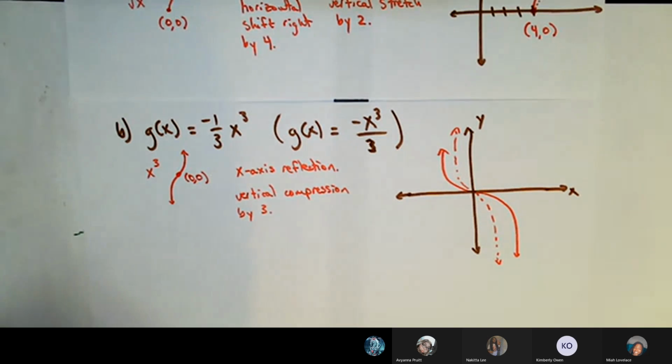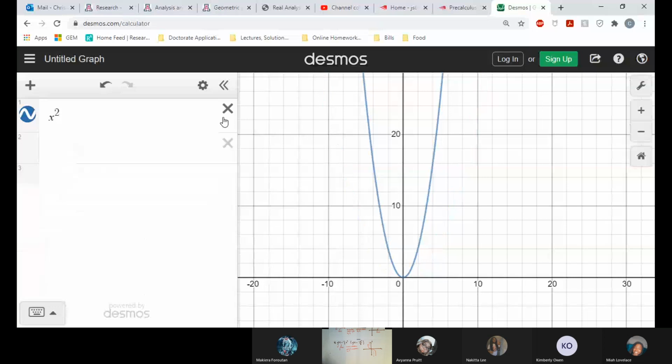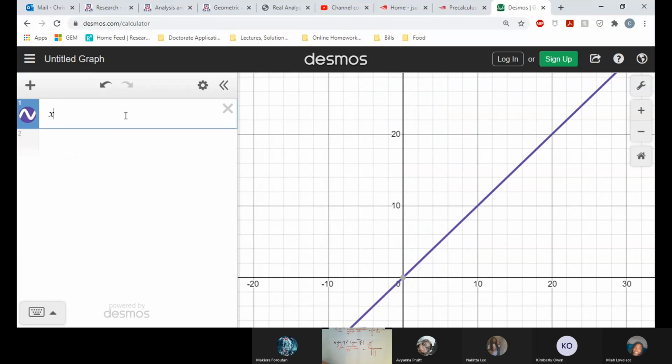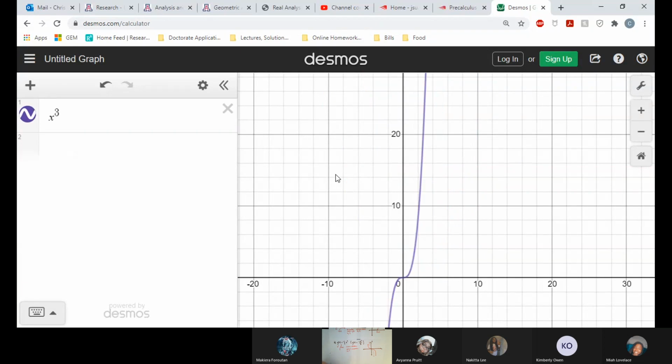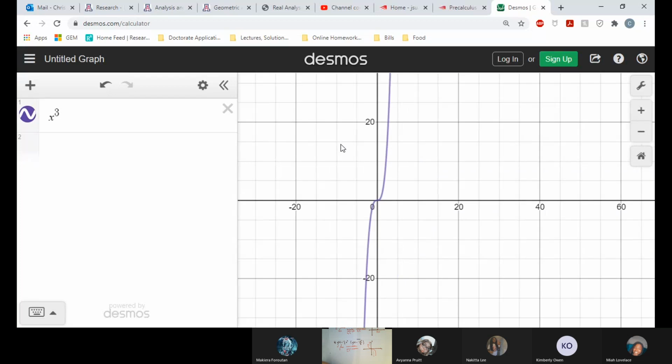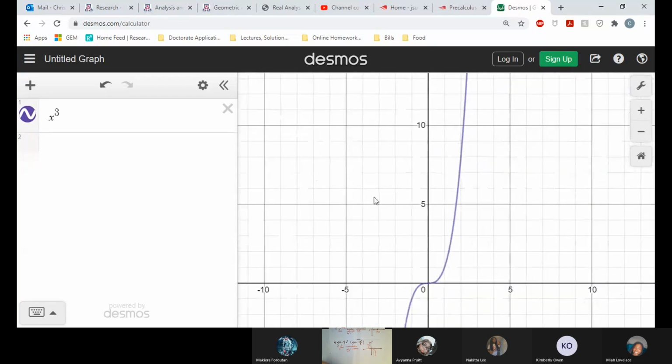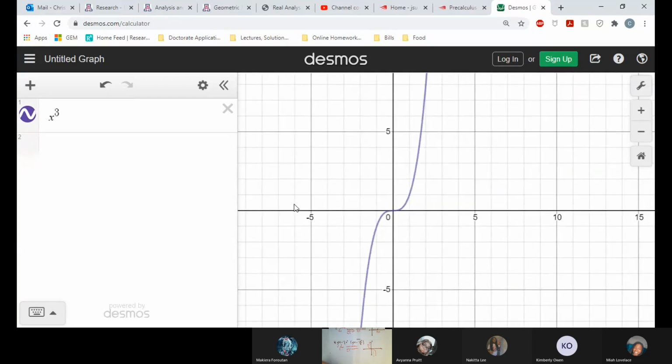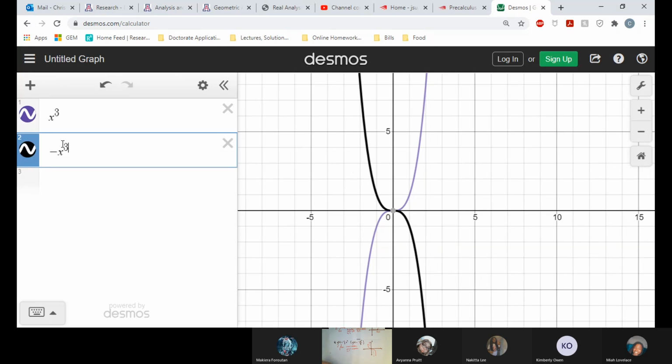Let me show you this function in Desmos. And get rid of all this stuff. So first of all, here's x cubed. That's the base graph. Let me zoom in a bit. There we go. Now here's negative x cubed. That just reflects it right over the x-axis. So that's like the dotted line I drew. And now I want to,